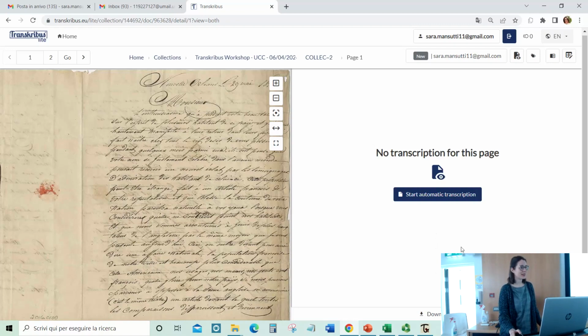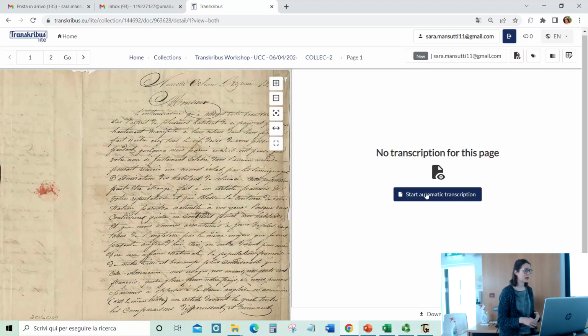And so there are various places in the page where you have this message, start automatic transcription. You can also start it automatically without applying the layout analysis before, and it does all together, but I prefer to do them separately because in this way you can check it